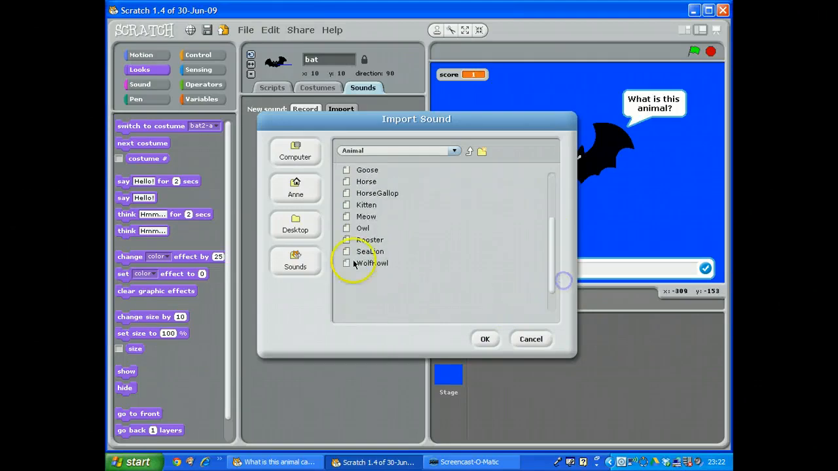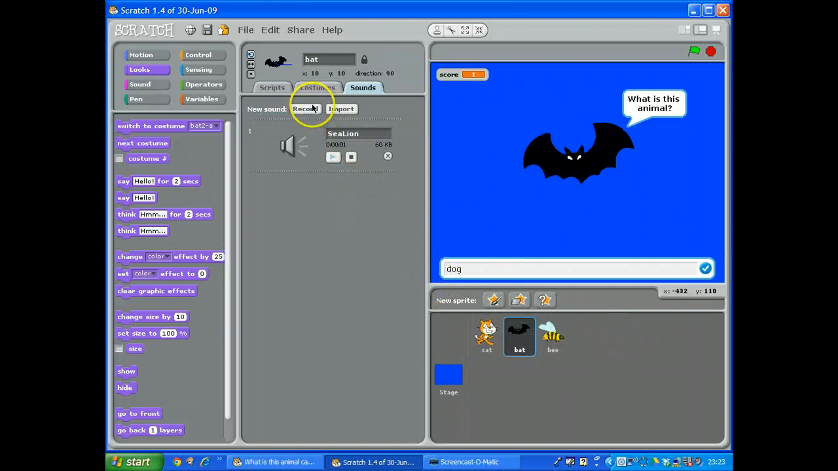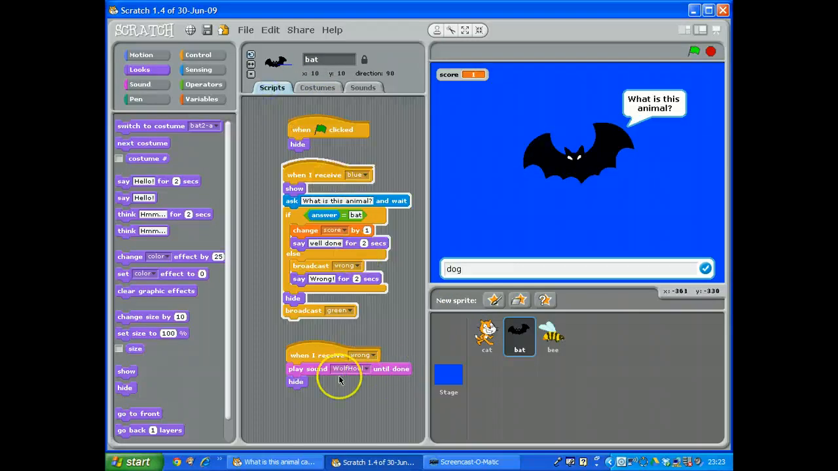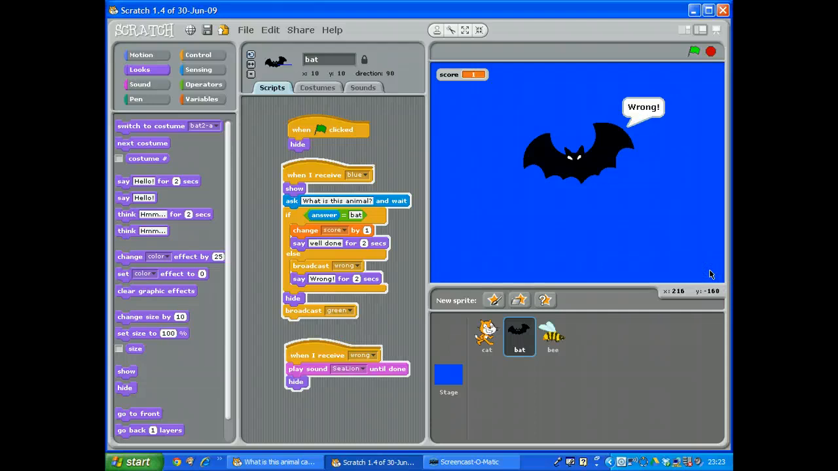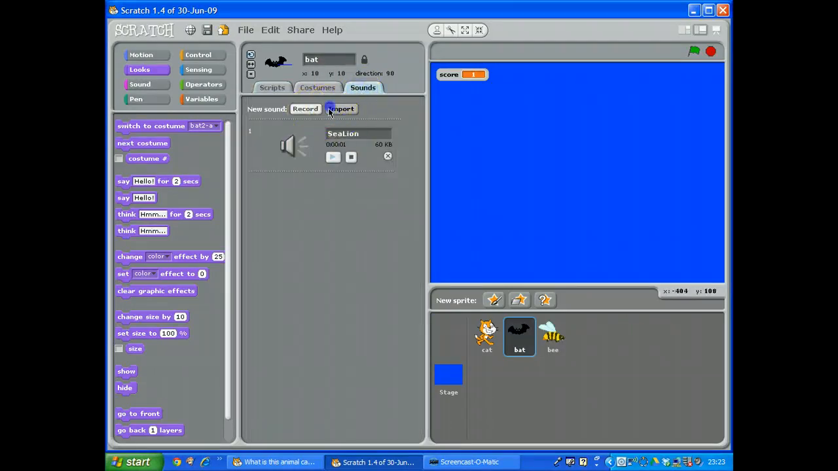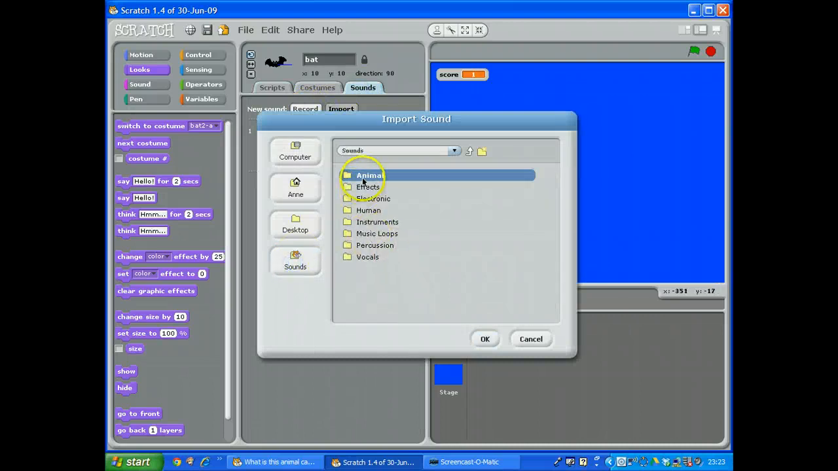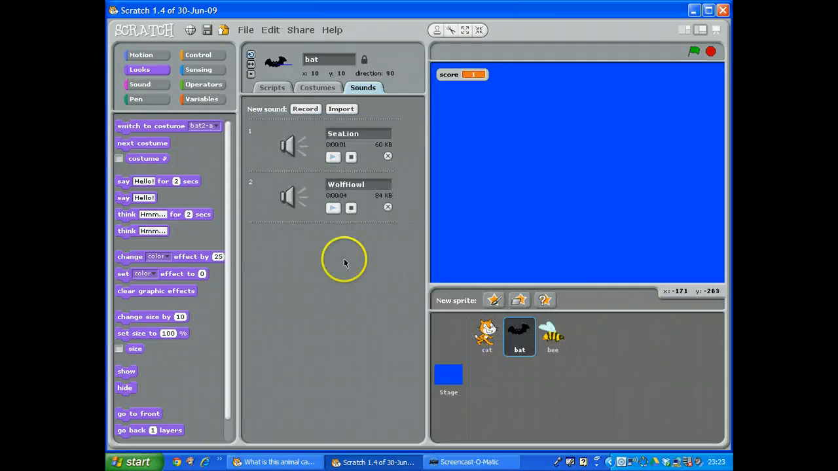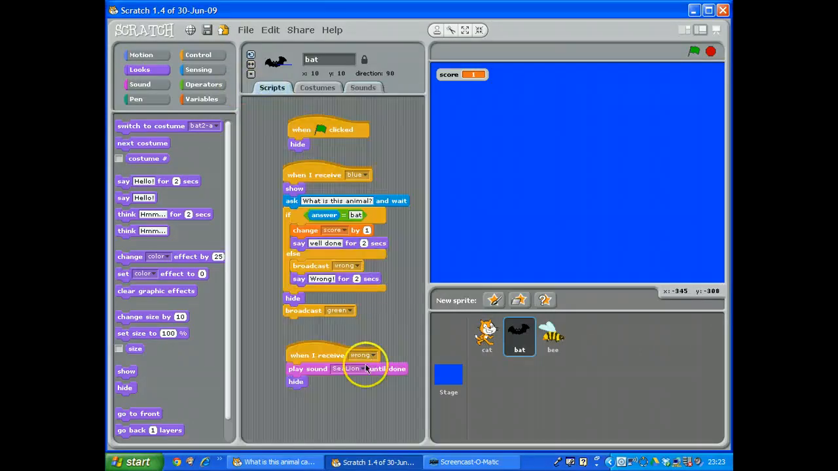That's no reason why it needs to be the same sound, really. Could be a sea lion. Okay, we'll have a sea lion. Let's have the sea lion instead. So, dog. It won't do both, so let's change it to the wolf. Can only do one. Import sounds, animal, to the bottom to get the wolf. Okay, back to scripts. Change it to